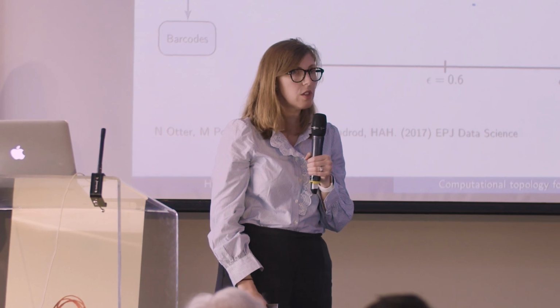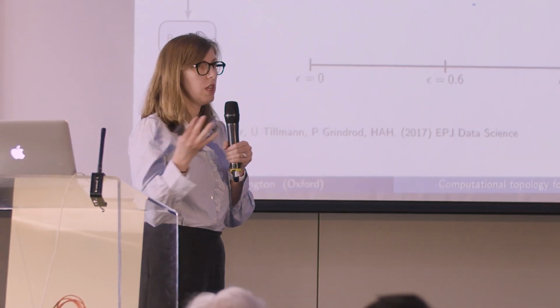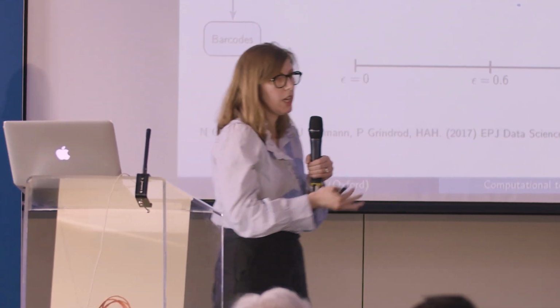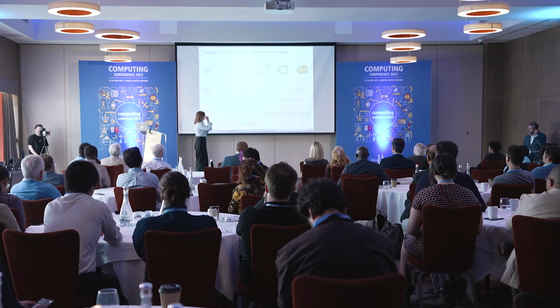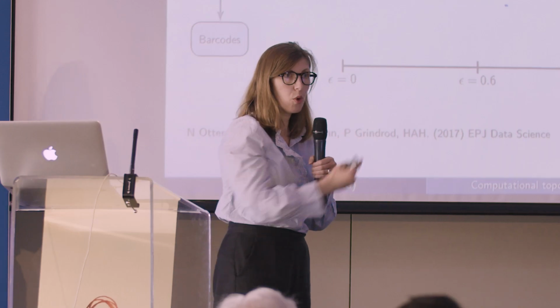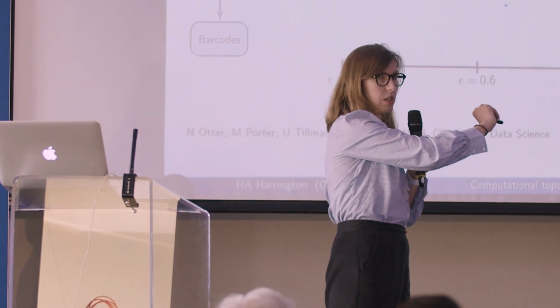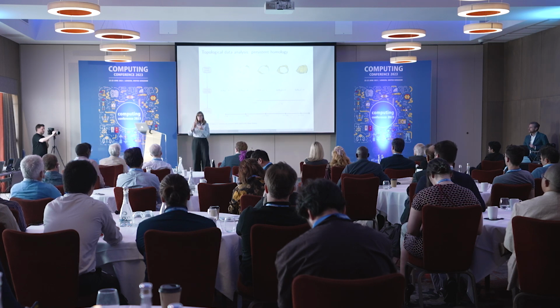So the field has massively changed, in part because a larger community became involved that were experts in numerical analysis. The standard algorithm scales in the number of simplices, these triangles, and so on, cubed. So in the worst case it could be very bad. And now it's almost linear for one parameter persistent homology. So this is only one parameter. This is where epsilon, we're looking at one scale parameter. So this is vanilla, the simplest.